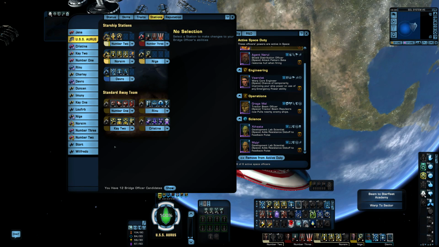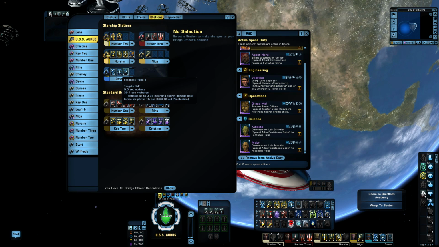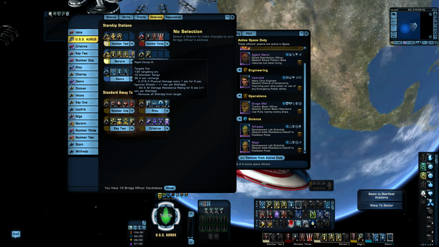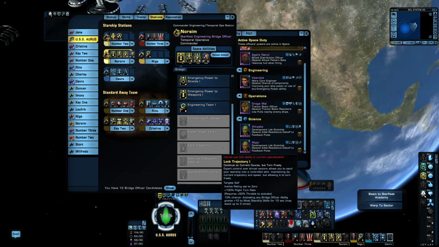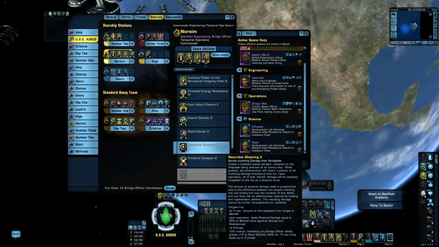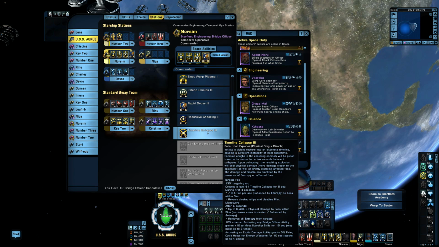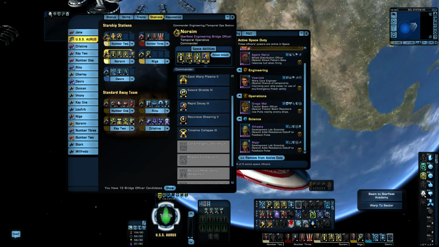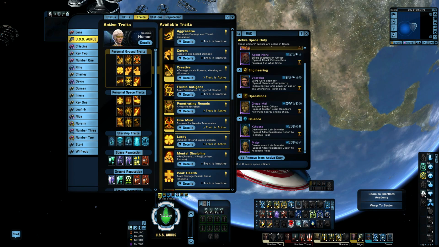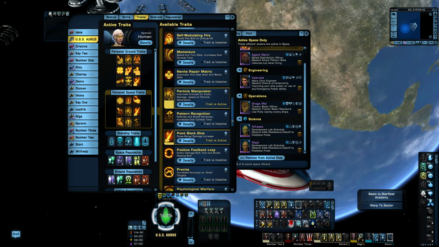Now, this is just one of the builds I'm running. There is a different build where you swap out the Feedback Pulse for a Gravity Well. You put in a Timeline Collapse in here instead of the... Pretty sure I had it. Recursive Shearing, and it is right there. Timeline Collapse, which is very similar to how a Gravwell works. And then you just swap around a couple of the traits. So in here, under your personal space traits, you would add,